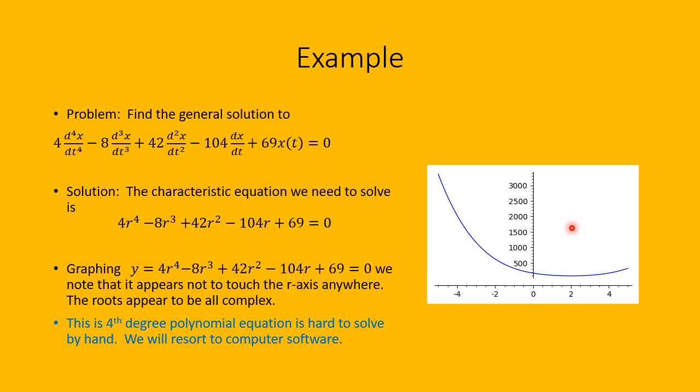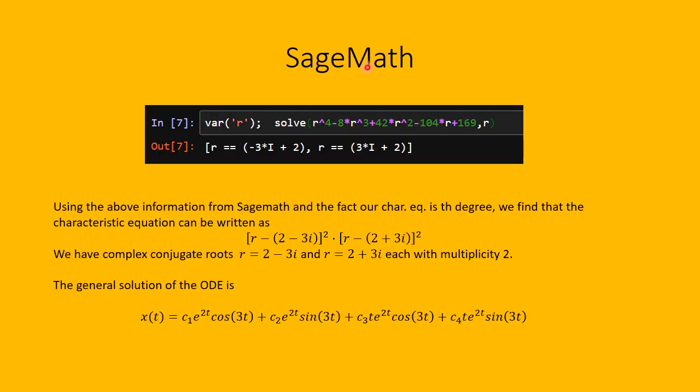Solving a 4th degree equation, as I mentioned, is kind of hard to solve by hand. And so what we're going to do is to resort to computer software to solve this algebraic equation, the characteristic equation, and then we will use those solutions to find the general solution to this ordinary differential equation. So we will use Sage Math to figure out how to factor that